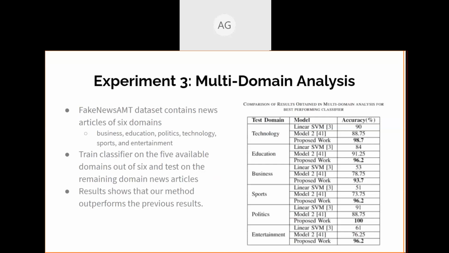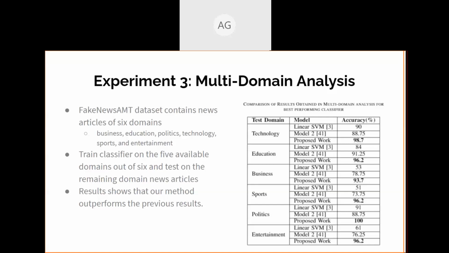The third experiment that we perform is multi-domain analysis. So fake news AMT dataset contains news articles of 6 domains, such as business, education, politics, technology, sports, and entertainment. So in this experiment, we train our classifier on the 5 available domains out of 6 and test on the